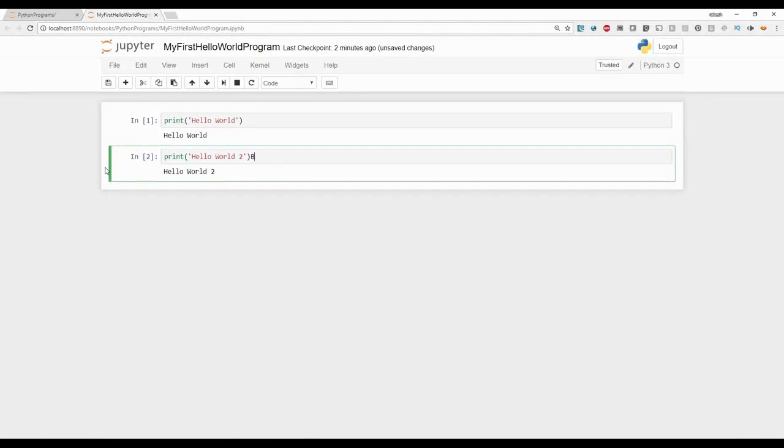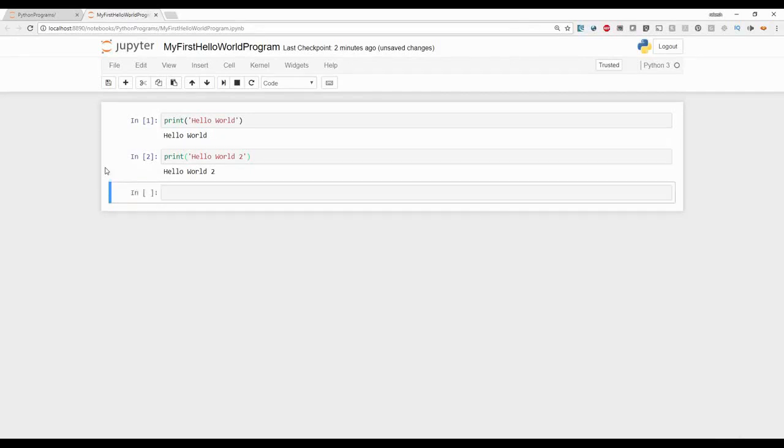So basically, if you type B, it'll actually go ahead and show the letter B, and it will not actually insert a new cell. So what you should do is press the escape key, make it blue, and now type B, and then it goes ahead and adds a new cell. And to navigate between cells is pretty easy. You could just use your up and down arrow keys, go to the cell, press enter, and then start modifying it,